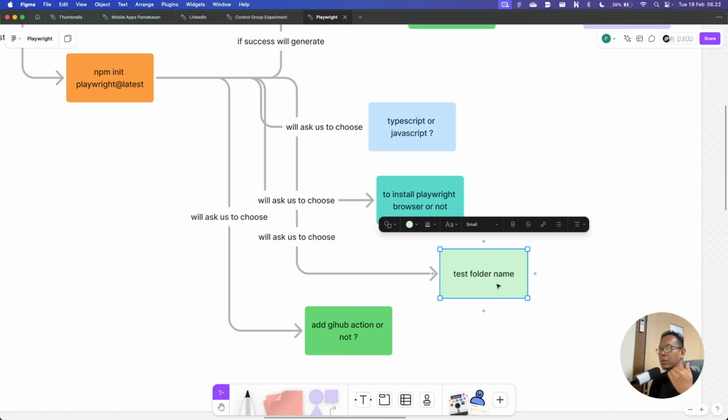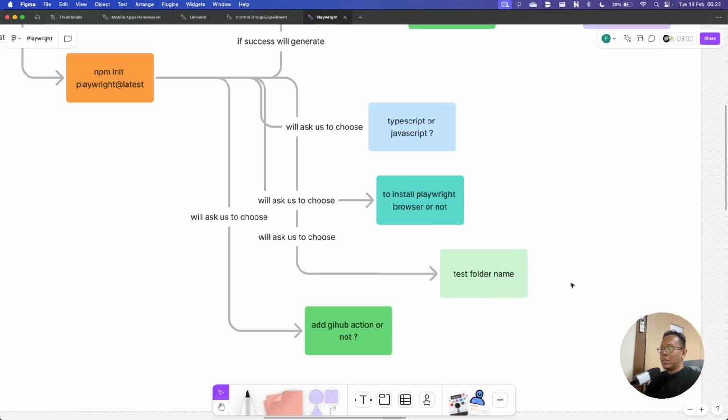So if your team has a rule that for tests you have to use the E2E name, okay, so you choose E2E, don't use test. So do not make chaos with your team. Do not make a mess with your team, yeah, because the team has rules, follow the rules.